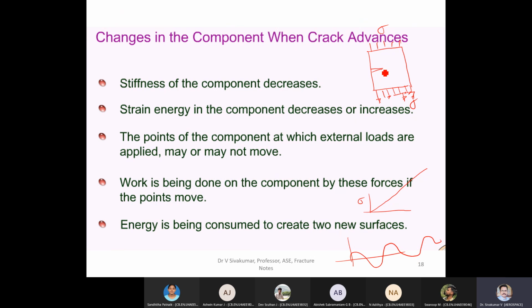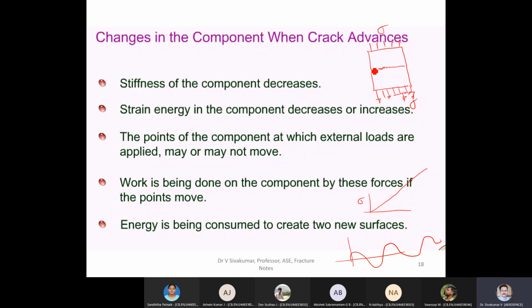Because of that, what will happen? The crack will further increase. So in this process, what will happen to the structure? Because the crack is increasing. What is the speed? Very slow. Yes, the crack is increasing very slowly. But when the crack advances, what will happen to the structure?